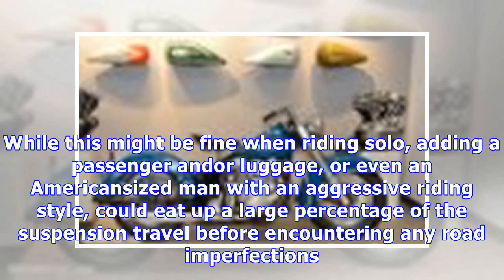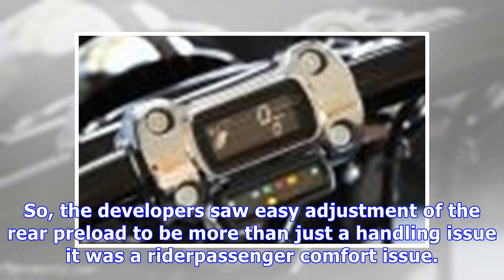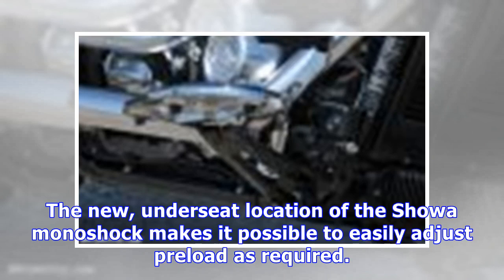While this might be fine when riding solo, adding a passenger and/or luggage, or even an American-sized man with an aggressive riding style, could eat up a large percentage of the suspension travel before encountering any road imperfections. So, the developers saw the adjustment of the rear preload to be more than just a handling issue, it was a rider-passenger comfort issue. The new, underseat location of the Showa monoshock makes it possible to easily adjust preload as